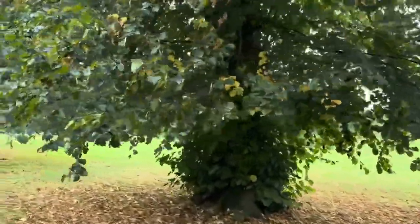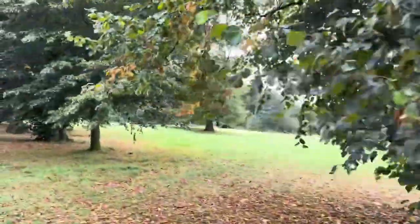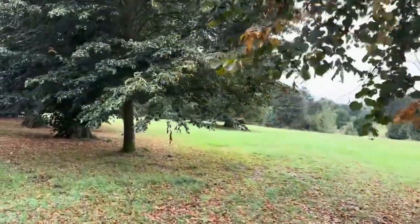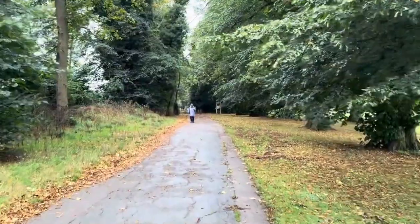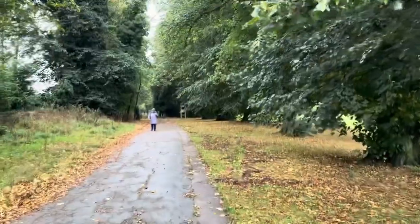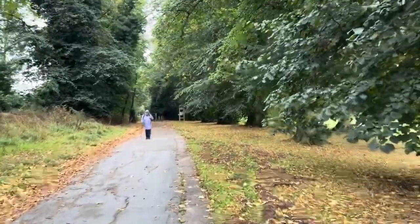Yeah, this is a huge park. Lots of football pitches over there as well. Nice seats to sit on overlooking. Yeah, I like it. I like this park a lot. Very nice. So we're just heading to the exit of it,